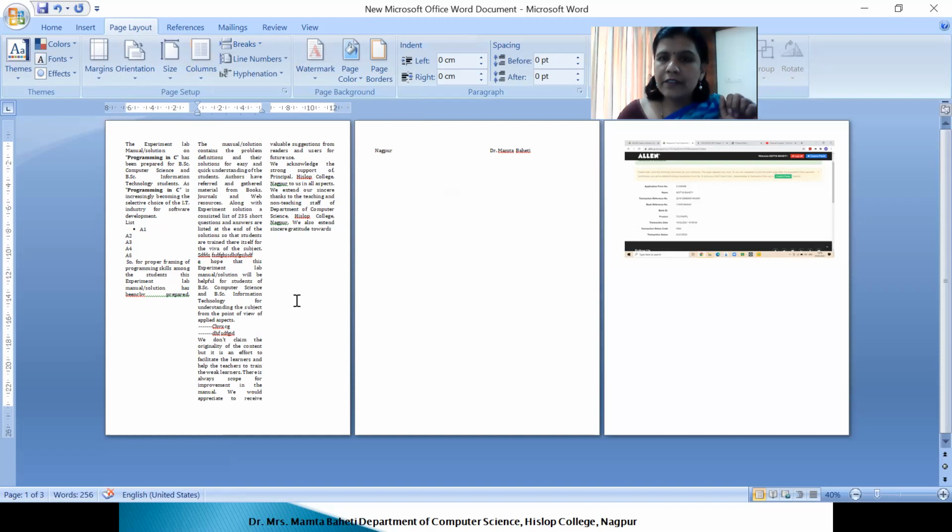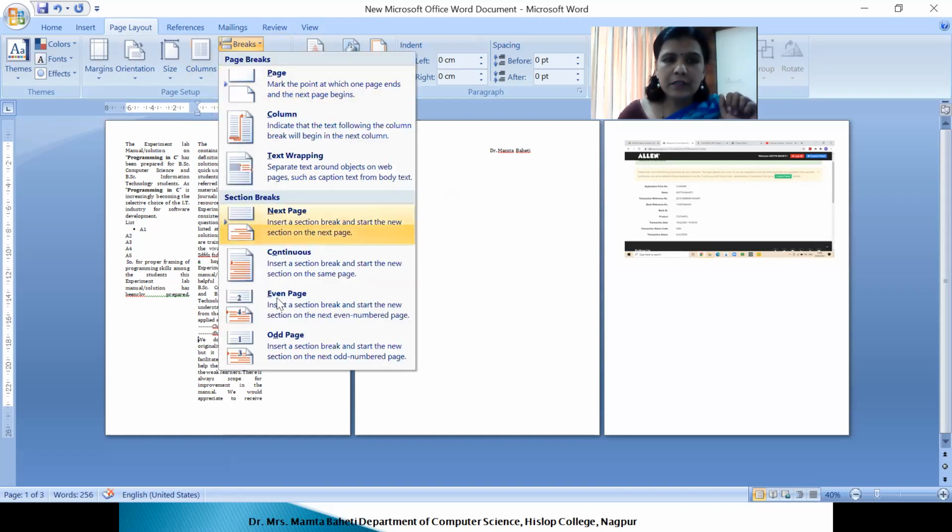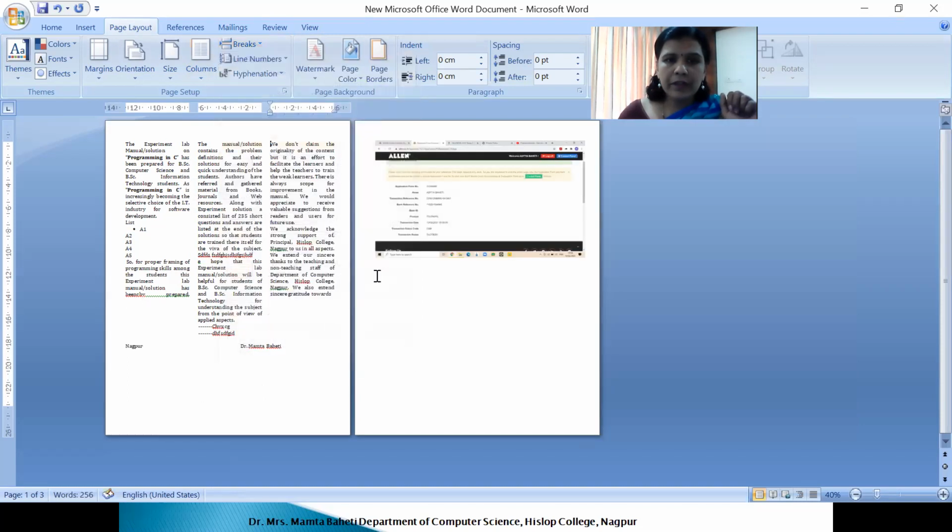Likewise you can do the settings. From here also, if you want to make the shifting, breaks, column break. So the contents are shifted to the next column. So likewise you can work with columns.